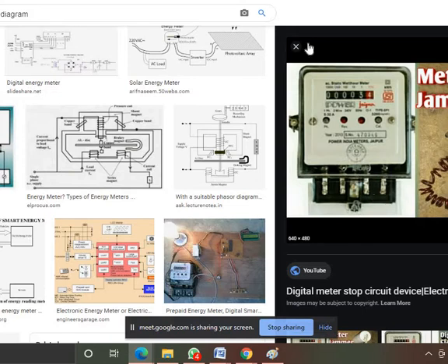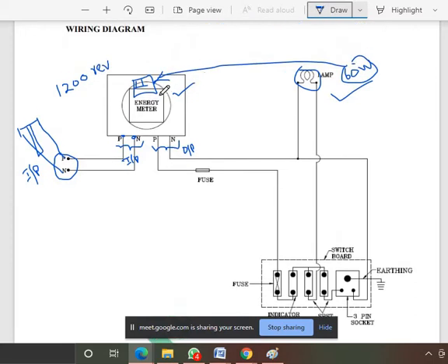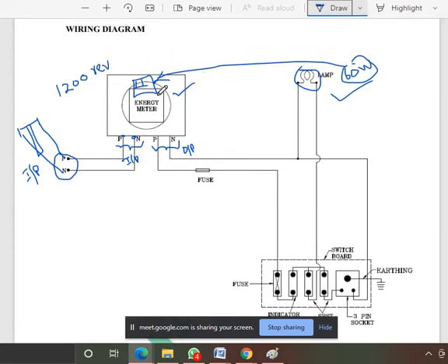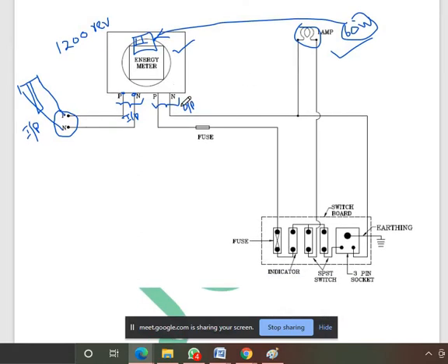So here comes our diagram. The energy meter is only recording the power consumption, that's all. The output will be phase and neutral. Here the phase directly comes to the fuse arrangement. What is the need of the fuse arrangement? Whenever there is a short circuit or huge voltage arriving from the electricity line, or any malfunction, your fuse will be blown out here.